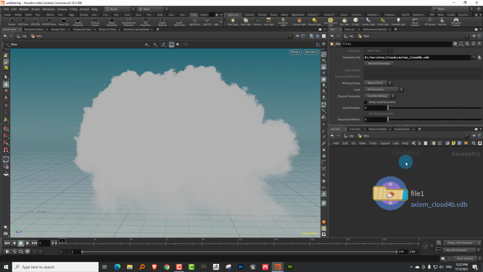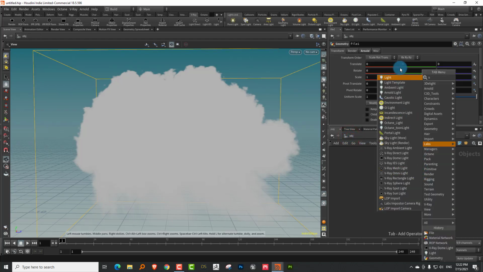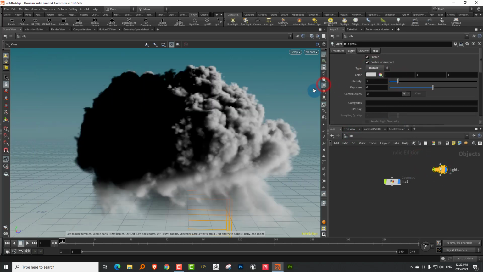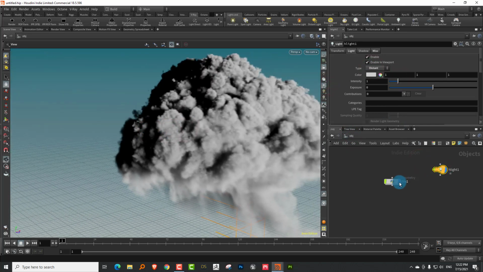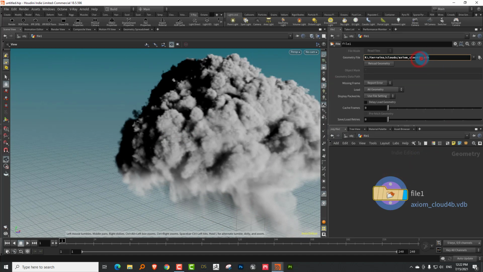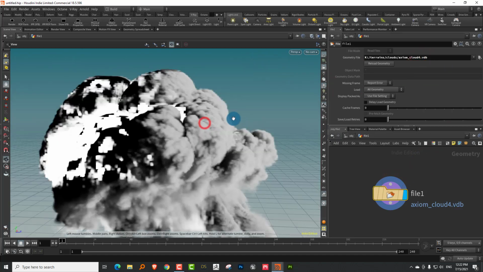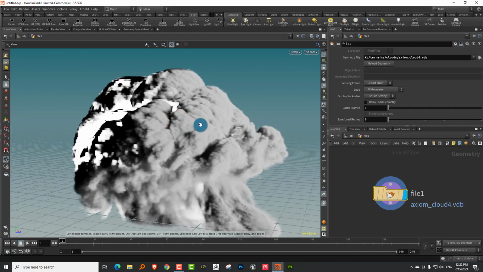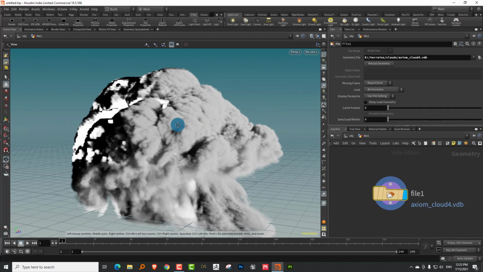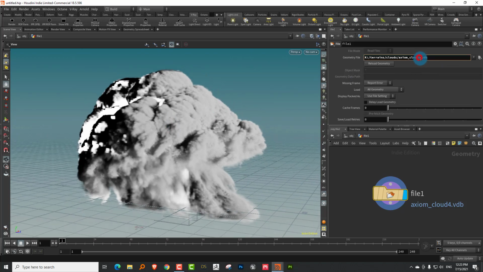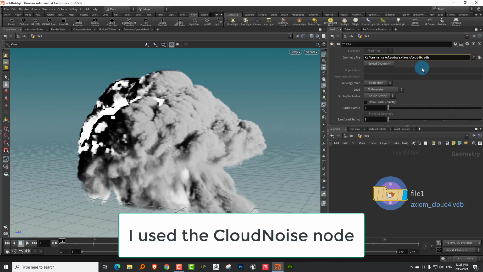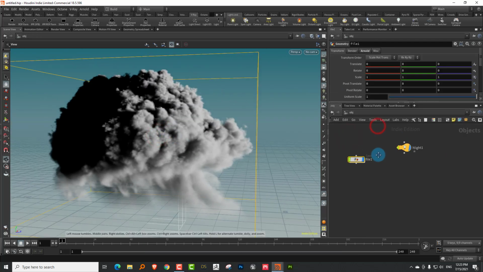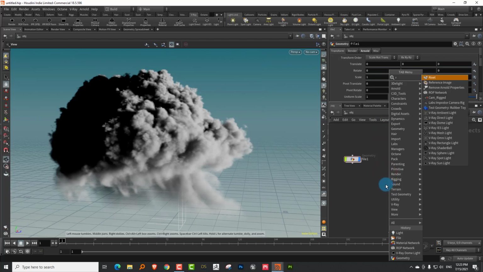Okay, so what I did was, let me add a light in here so we can see it better. I'll create a distant light, and there we go. This is my default volume. You're getting some artifacts, but that's fine. It won't have an effect on the rendering. This is the basic volume that I had, and then I added some volume noise to it, so it became this.